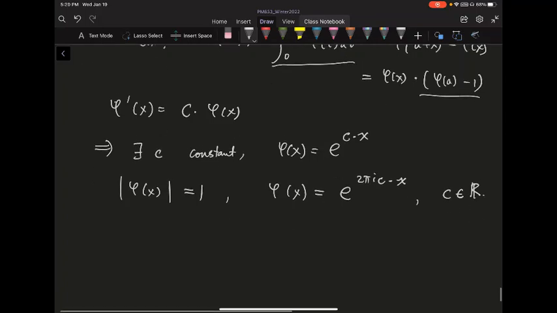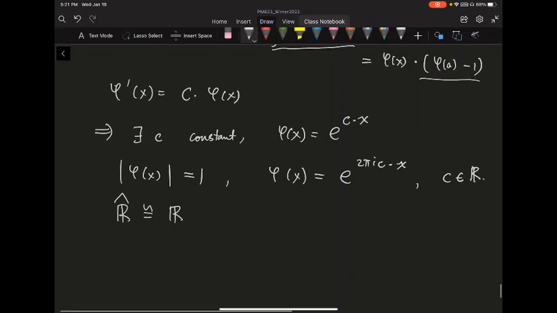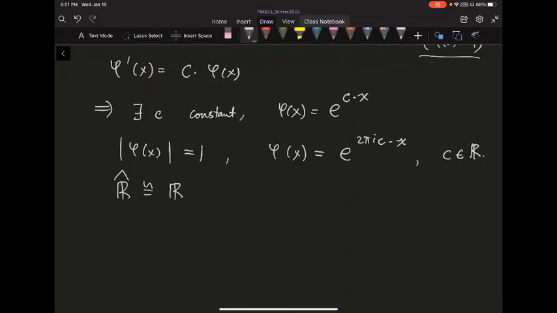So algebraically, you will say that the dual group is just isomorphic to the real numbers. But how about the topology on this dual group? Well, we saw that the topology is generated by those compact open sets. In particular, if I consider these kinds of sets, from negative n to n and some epsilon, by definition that contains only characters where the absolute value of phi of x minus 1